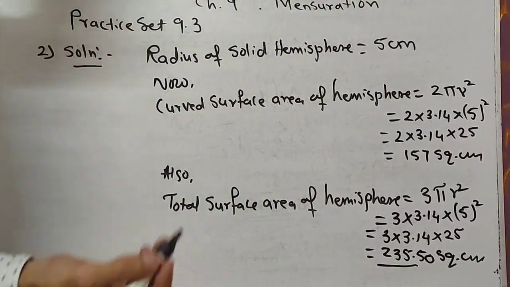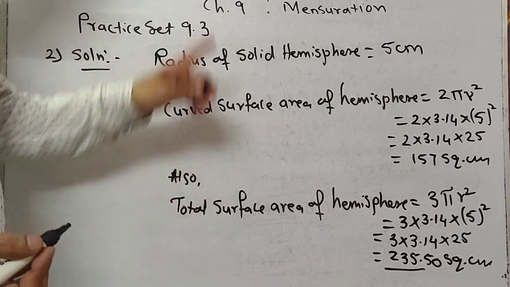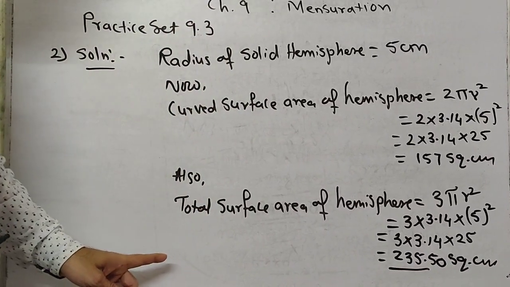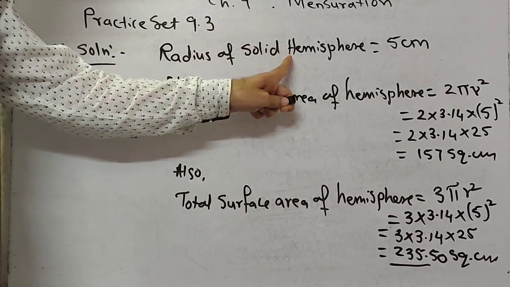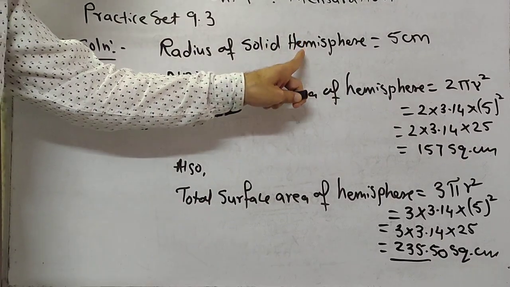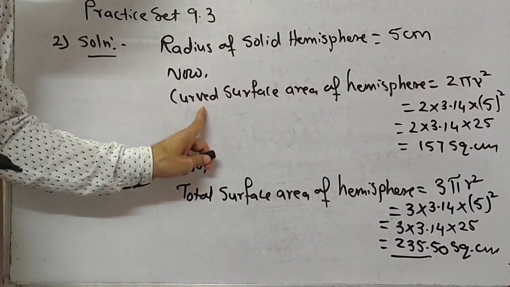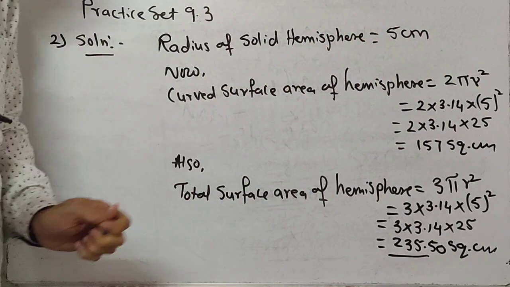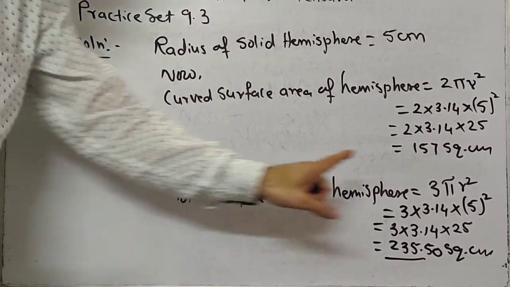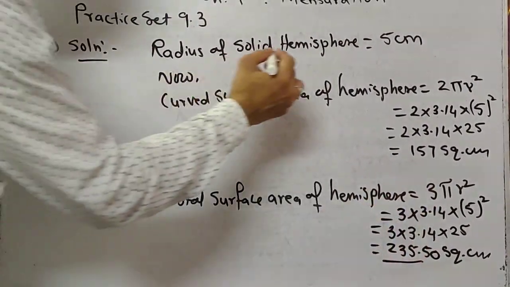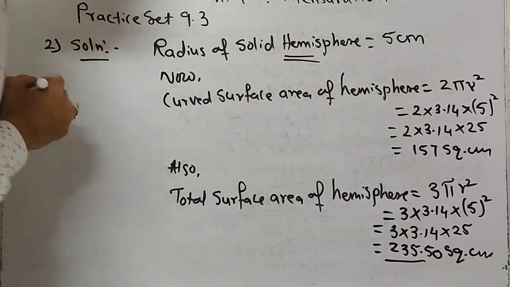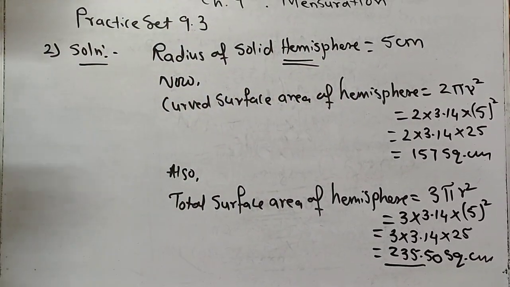Okay, it's okay if you will not write 0 as I told you. So this is the answer for the second one. Okay, for hemisphere, keep in mind, hemisphere के लिए you have curved surface 2 pi r square and total surface 3 pi r square for hemisphere. Keep in mind. Please copy it down.